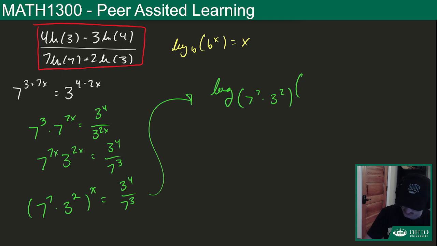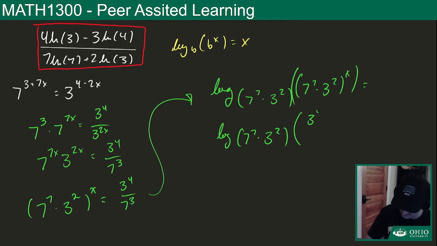One side of the equation is 7 to the 7, 3 to the 2 to the power of x. So that is one side of my equation. The other side of the equation, which I almost don't have room to even write, is log base 7 to the 7, 3 to the 2, of 3 to the 4th over 7 to the 3rd. I know this is a lot to keep track of, but if you'll notice,